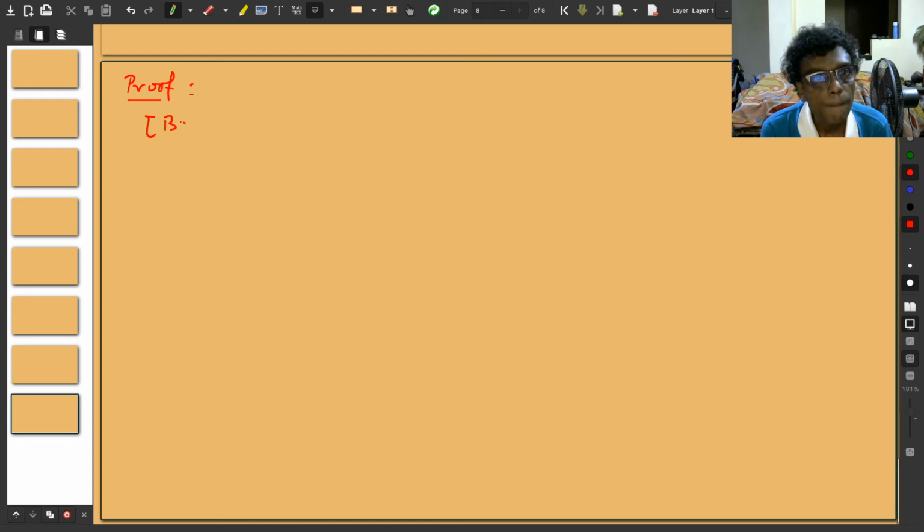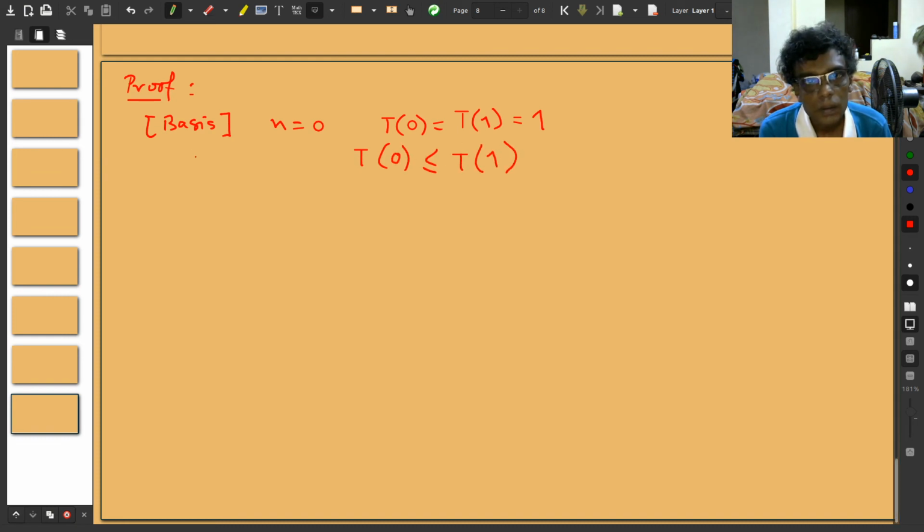Basis. I have assumed that T0 equals T1 equals 1. Therefore, it is definitely true that T0 is less than or equal to T1. Okay, only one case. For induction,